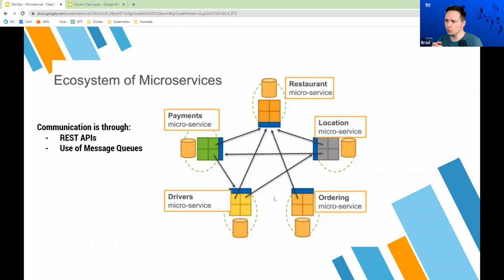In reality, from what I've seen, most of the time larger applications are built up not just of 5 microservices, it can be hundreds. And usually a team is responsible for a certain set of microservices. So I've seen teams responsible for 3 to 7 microservices. It really depends on the organization. But ideally, single team, single microservice, or they take care of a couple microservices.